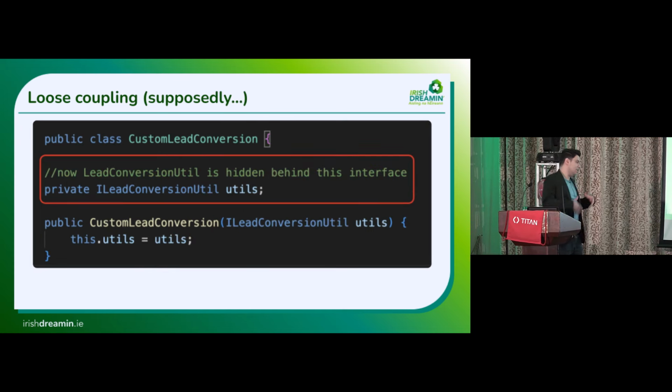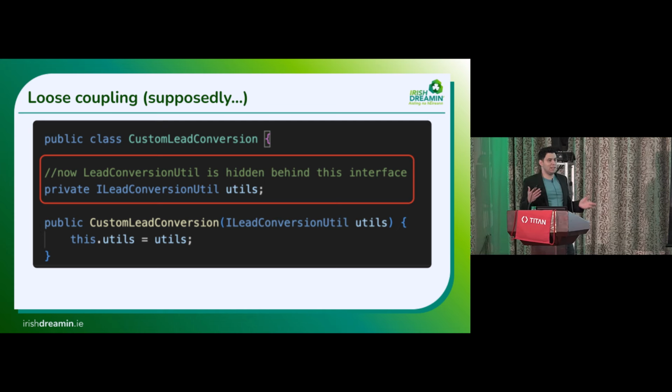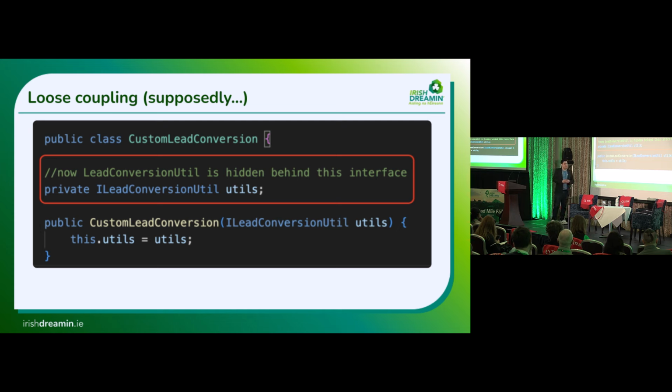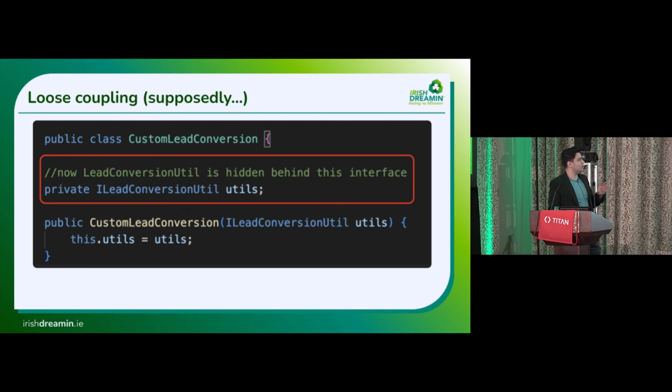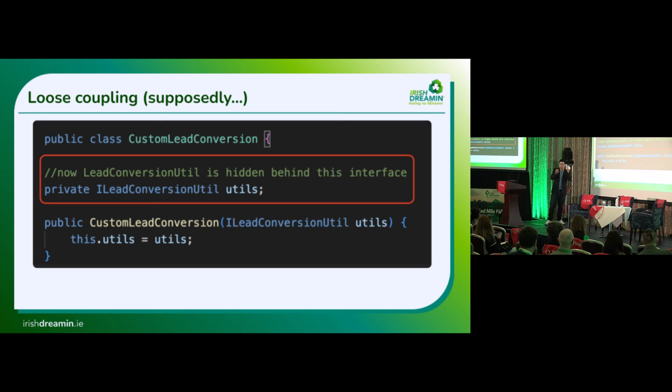What we've been taught is, well, let's put it behind an interface, right? So now utils is behind this lead conversion interface, and you pass it through dependency injection, and now magically they are decoupled. But somebody else does know about this specific implementation, right? So you still have to pass the specific implementation somewhere. And while this may decouple the classes from a purely metadata level, so now they can be deployed independently, they can exist in different packages,